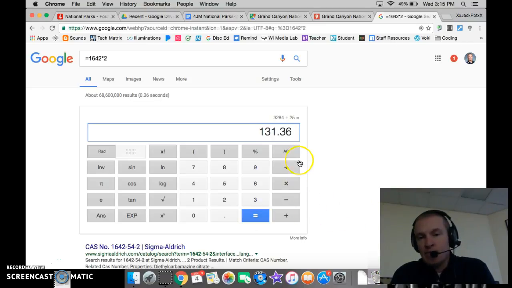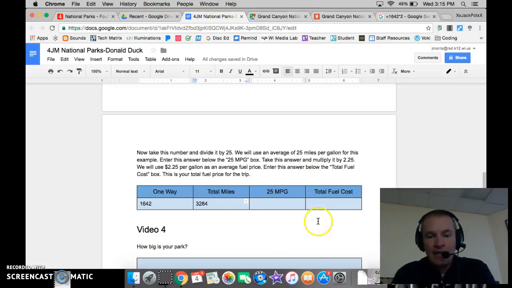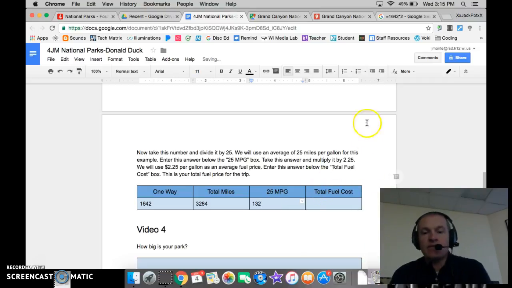So I have a decimal, 0.36. I'm just going to make that 132 gallons. I like to round up a little bit. So, 132 gallons. Now what we're going to do here is multiply the total number of gallons by an average of $2.25 a gallon of gas. So if it's 132 gallons,